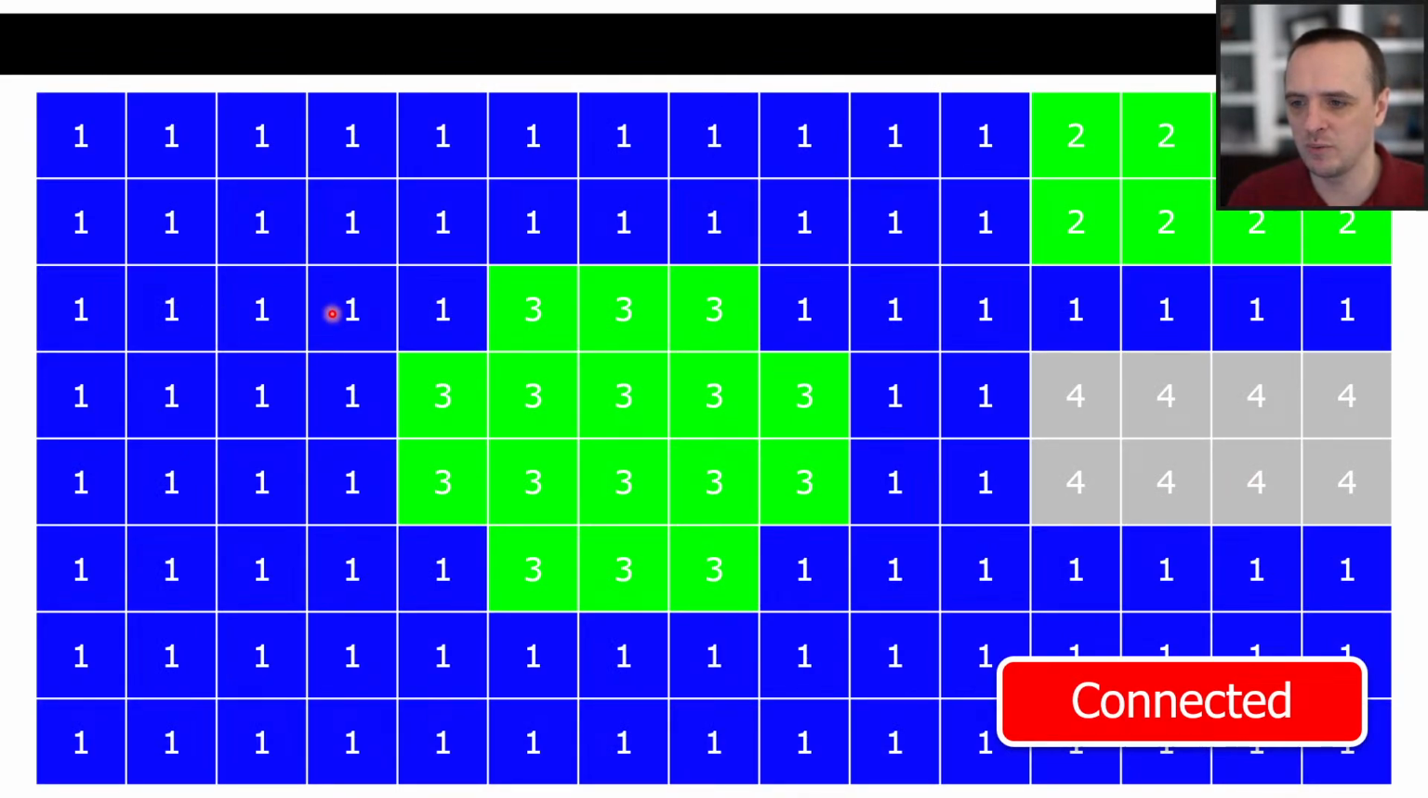So right here where we were doing connectivity and we had an integer assigned to each cell in the grid, what we're instead going to have now,